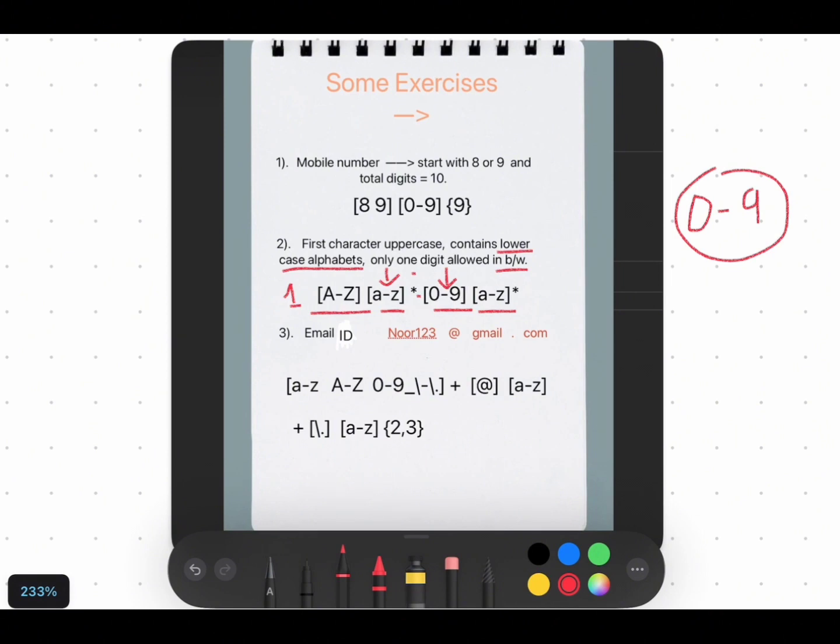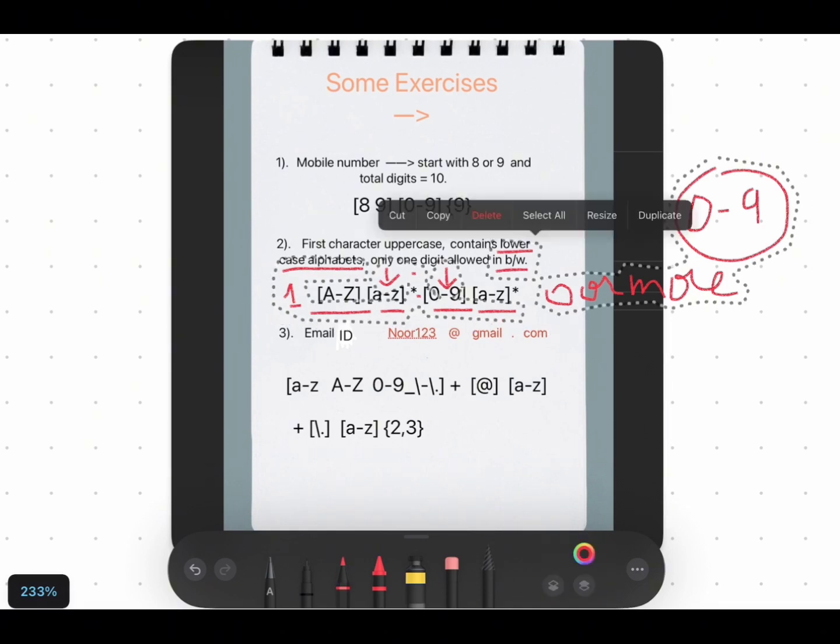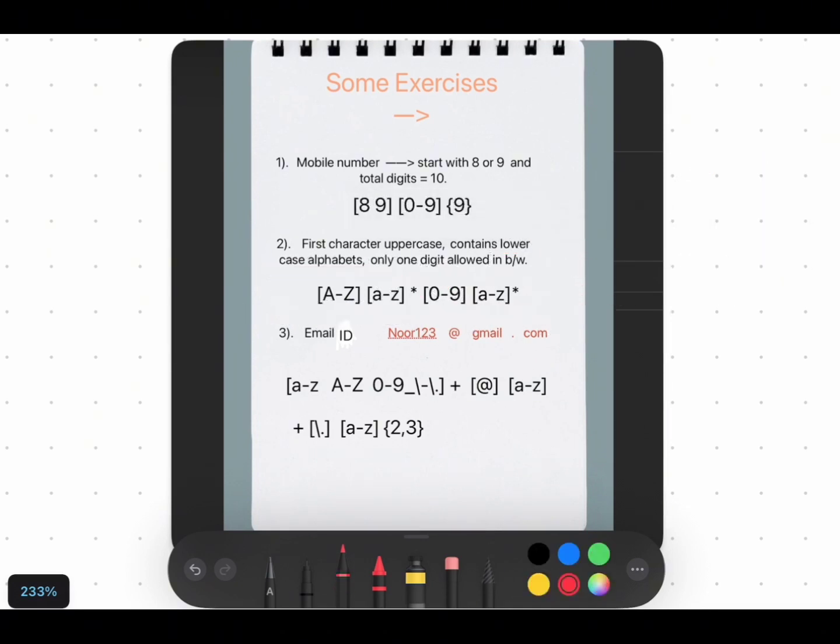And then we have the third problem, which is creating an email ID. Let me write it so you can get a better idea. So finally, deleting this. Okay, so the third problem is creating an email ID. This may cause some problems, but this is the basic syntax. We're gonna add the code later. So first we're gonna choose any lowercase alphabets for our email ID. Like we divided it into 4 parts: